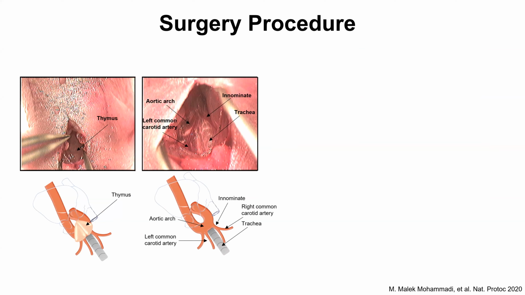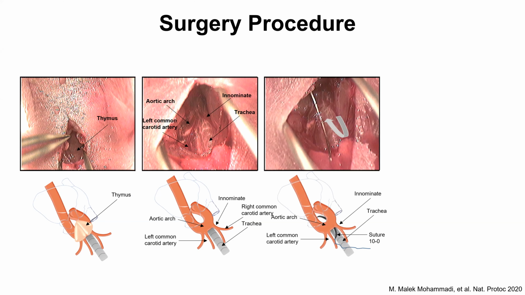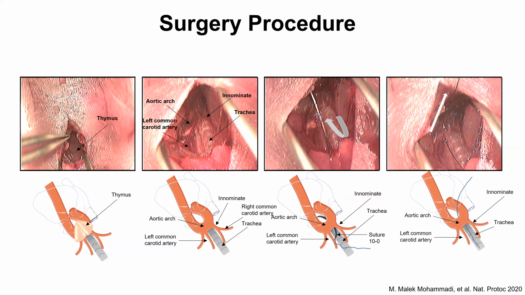If you are not able to see it, readjust the microscope, add an extra lighting source, or clean the area using a Q-tip. Because at this step, you need to insert the needle with the 10-0 suture underneath the aortic arch. And you need to be careful not to damage the aorta or the heart. When your needle has passed the aortic arch, pull it gently without damaging the aorta until the suture is underneath the